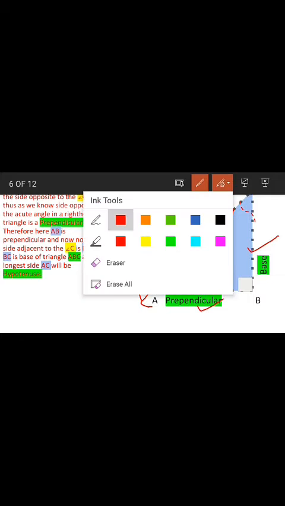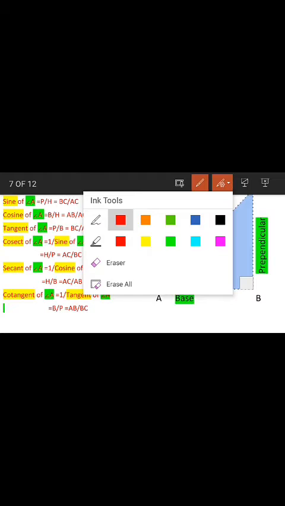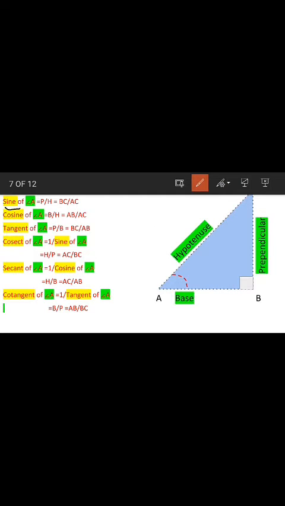Okay class, moving back to our topic, the trigonometric ratios. For a given angle, say angle A, there are always going to be 6 trigonometric ratios. For every given angle there are going to be 6 trigonometric ratios. So we are starting with the first trigonometric ratio, that is sin A. Here always remember that sine of angle A means sine is a function of angle A. So here the function is sine.